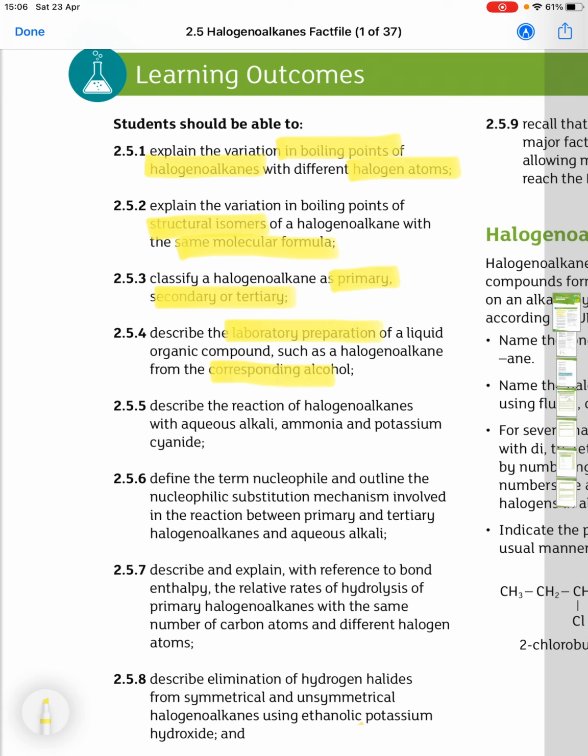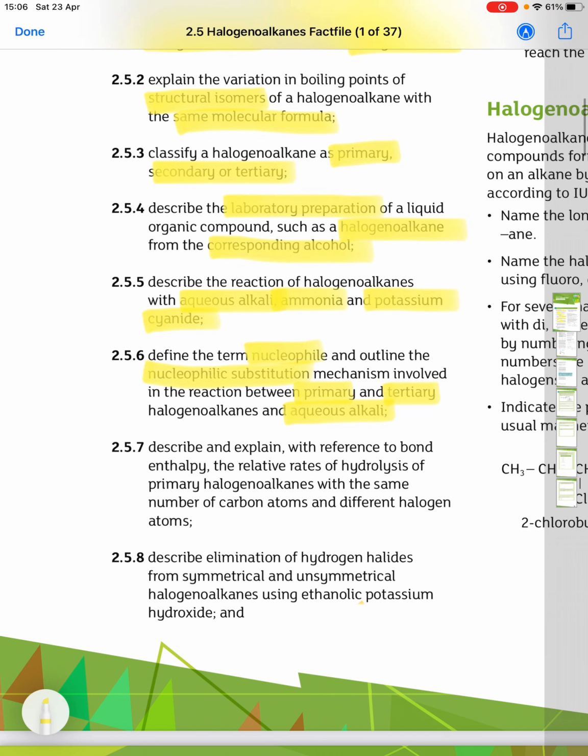as a halogenoalkane from the corresponding alcohol, to describe the reaction of the halogenoalkanes with aqueous alkali, with ammonia and with potassium cyanide, to define the term nucleophile and outline the nucleophilic substitution mechanism involved in the reaction between primary and tertiary halogenoalkanes with aqueous alkali, to describe and explain, with reference to bond enthalpy, the relative rates of hydrolysis